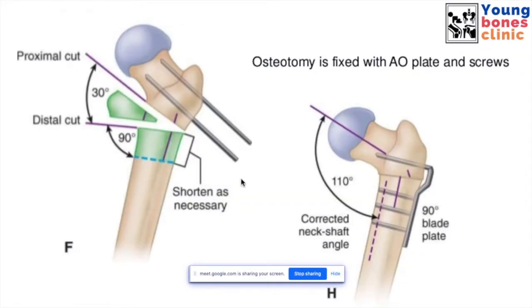What we do in these cases is a varus osteotomy, take a wedge out, and when you do a varus, the proximal femur goes into abduction and that contains the head. So the head basically moves into the socket, into the acetabulum. This is a simple surgery which is done most of the time. Sometimes we may need to add other procedures like a pelvic osteotomy or a shelf, depending on the age.